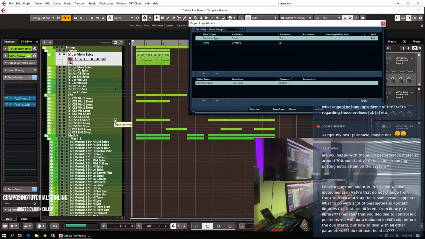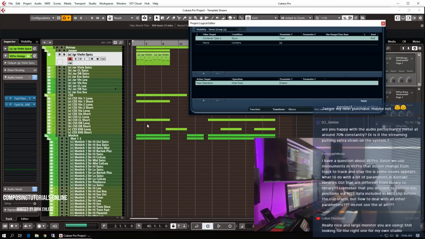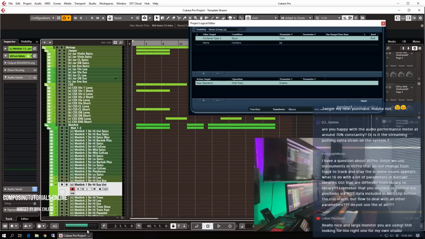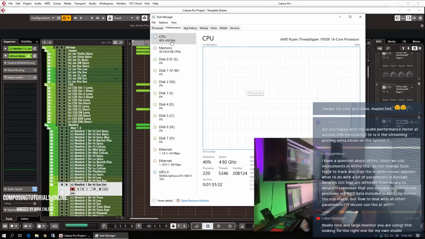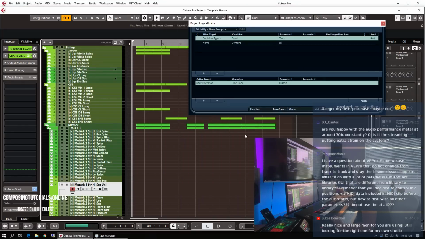Are you happy with the audio performance meter at around 70% constantly, or is the streaming putting extra strain on the system? It's pretty much both. As I've said, I'm looking into getting a little bit of system load away from Cubase into VE Pro, for example EQing and doing other stuff inside VE Pro, not in Cubase. But it works, and keep in mind that the Cubase meter is not the same as the actual performance meter of the CPU. The CPU is sitting at around 40% right now with the 16 cores, and so this indication in Cubase is a little bit